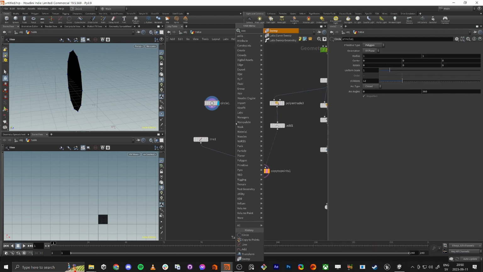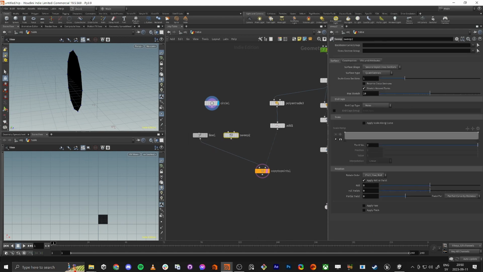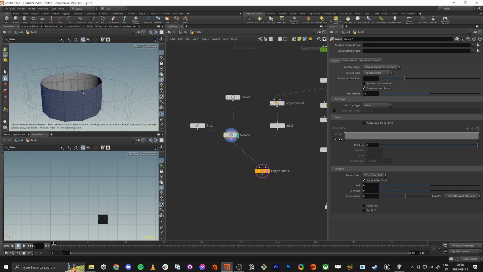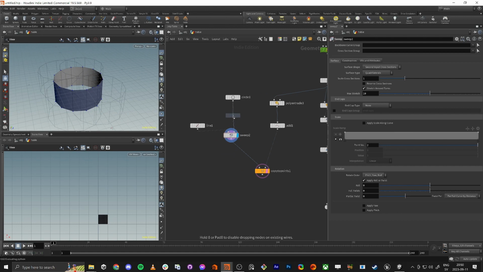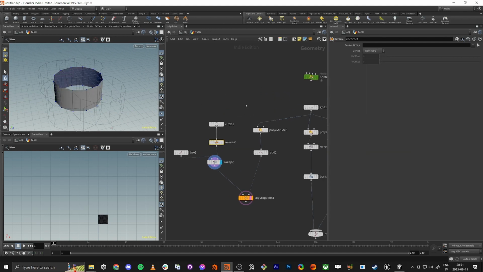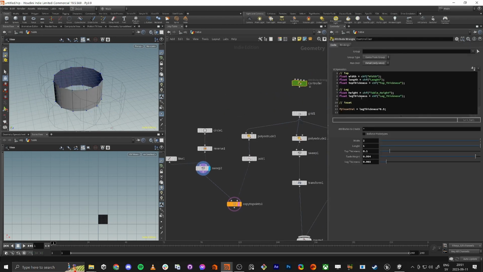So if we do a sweep and put the lines like this, this one wants in here the shape to extrude, and we just plug this one in, and now we see we have the legs. Of course they are too big, and we also need to reverse this shape, and we also want the leg thickness,